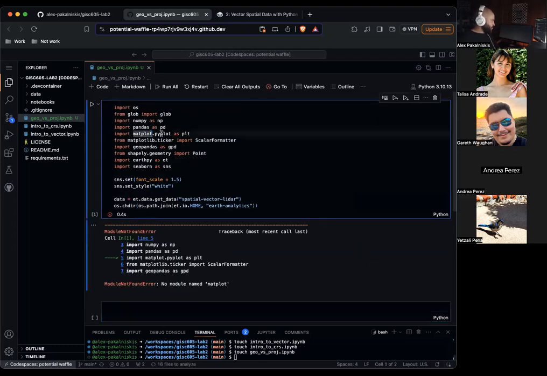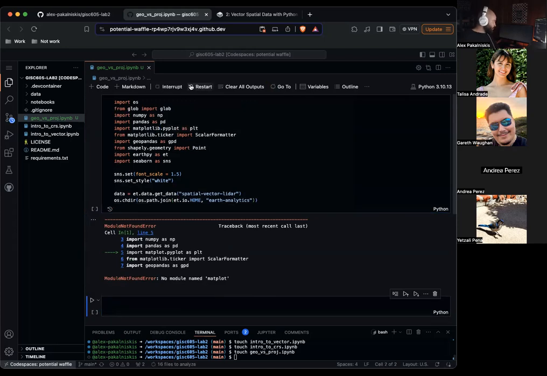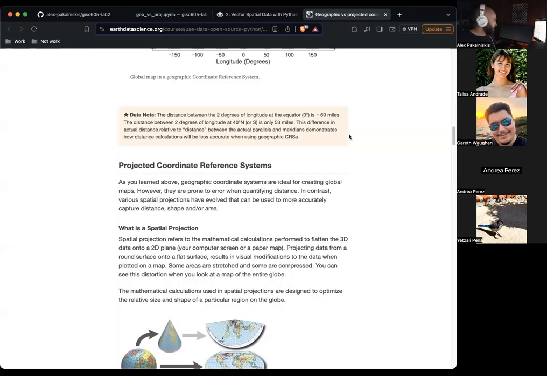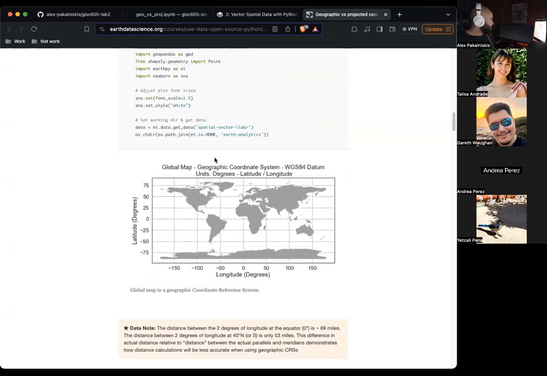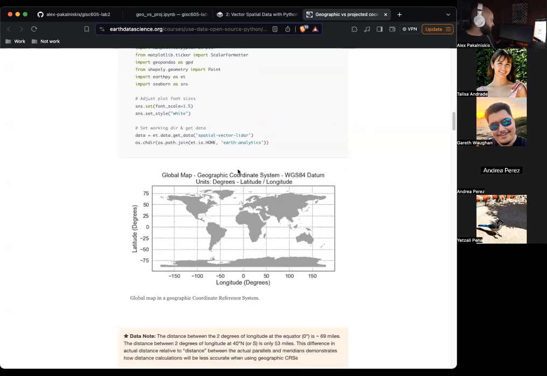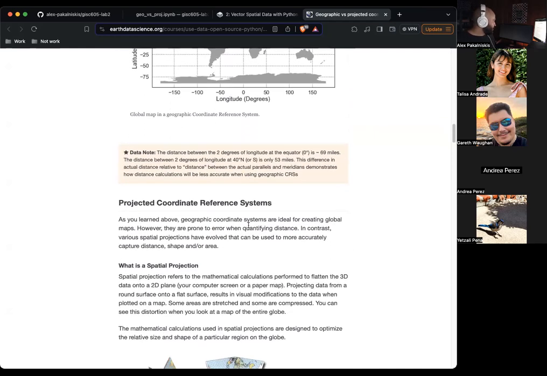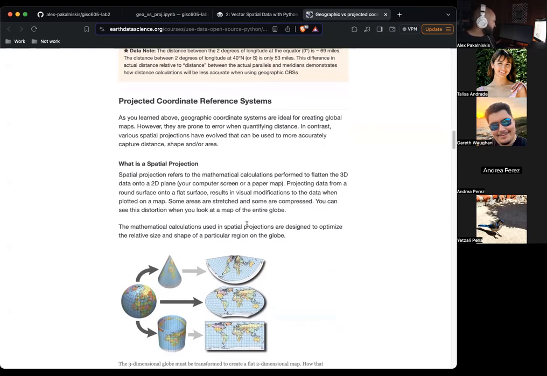Matplotlib. Cool. Now let's jump in. Actually, we're not starting with code yet. Okay, I'll go back to the Colorado resource. So they're just showing this map that we worked with in the previous lesson. Projected coordinate systems.